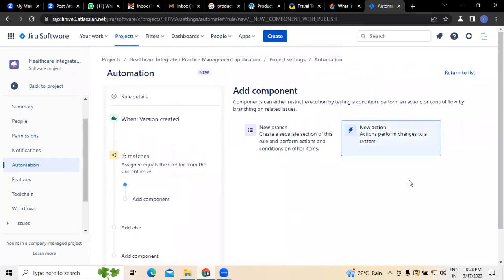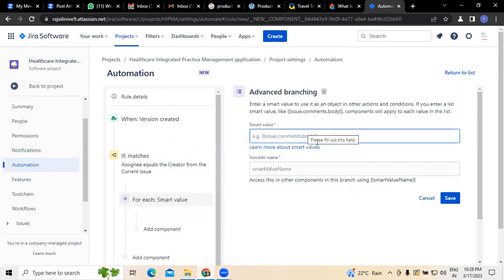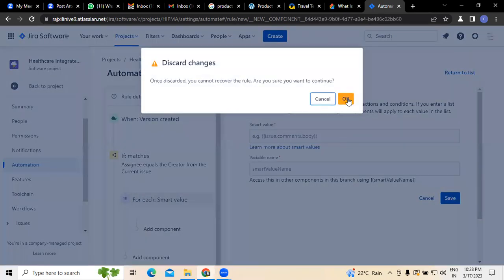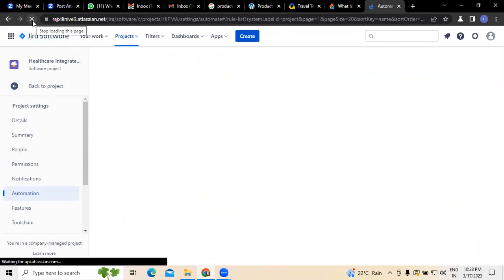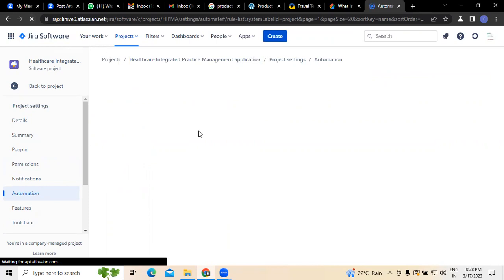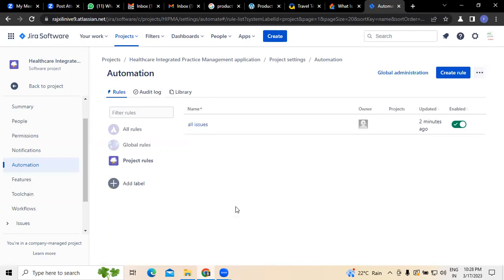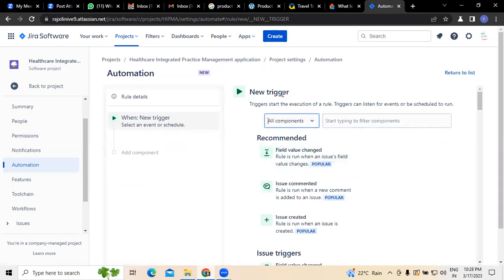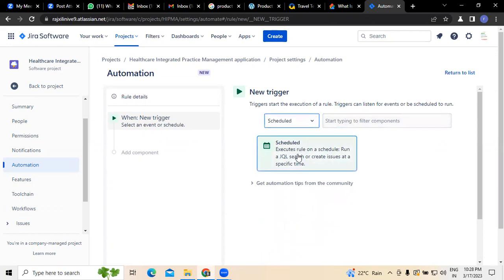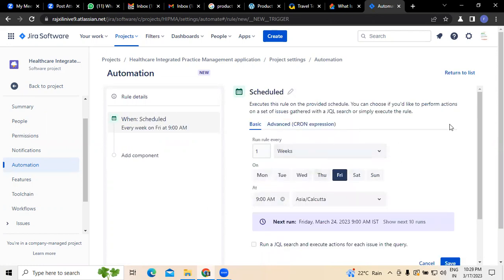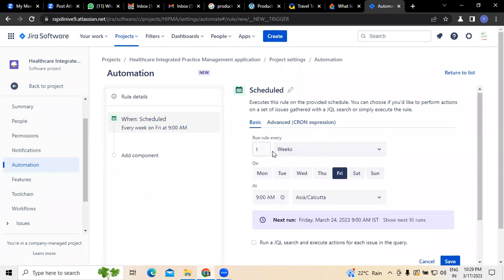We have to update. At the same time, if you want to create any kind of new branch or advanced branching, right? So one rule has to be created here. So the first rule in reference to the project itself is created. Now we need to create a rule for the schedule one, right? So the basic scheduling part. For example, rule